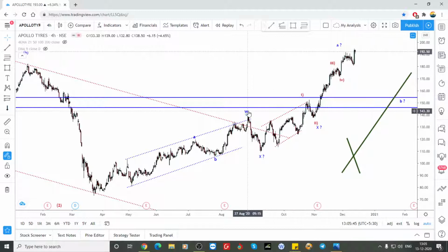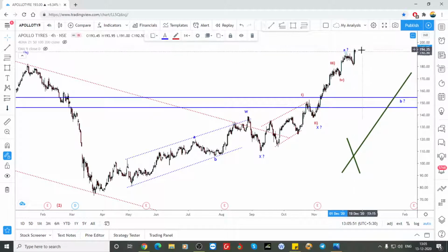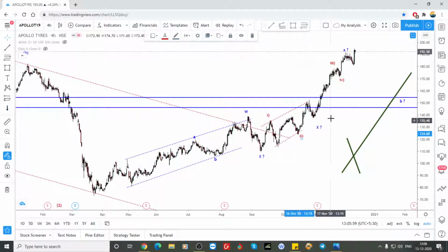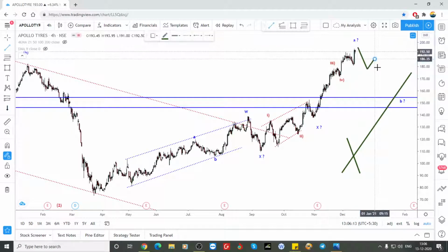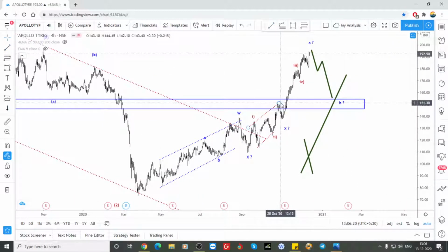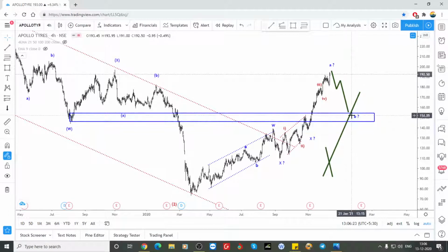But I took the previous one as a W, X, so this 5-wave structure could be an A. But again it made one more high, so this could be a wave 1. So this could be a wave 2. 1, 2, 3, 4, 5 is completed, and 1, 2, 3, 4, and we are in the 5th wave. So in any case, whether this is a W or X or A or B, I need a rejection on a slightly bigger scale. So if it comes to this zone, the previous resistance zone that now comes as support, I will be on the buy side